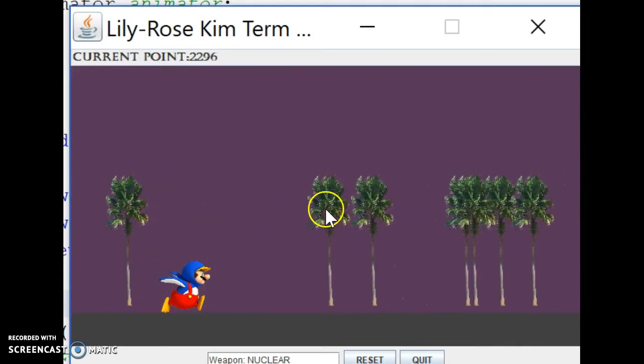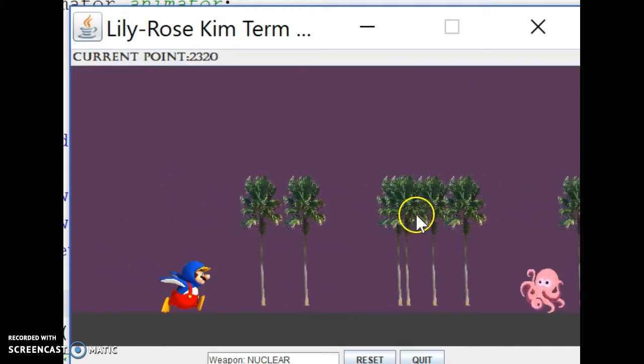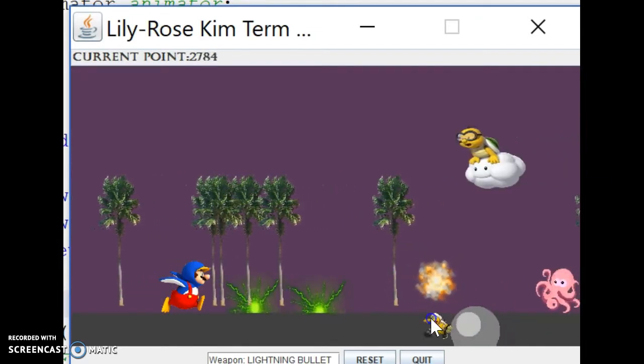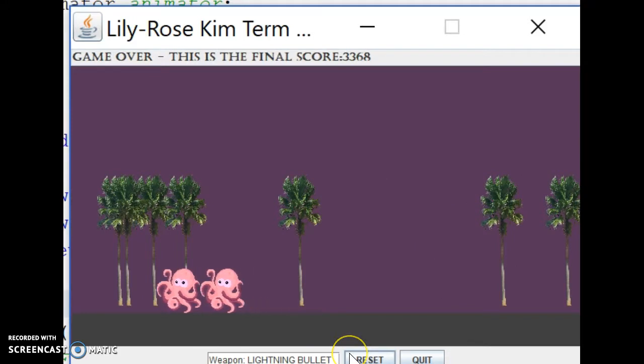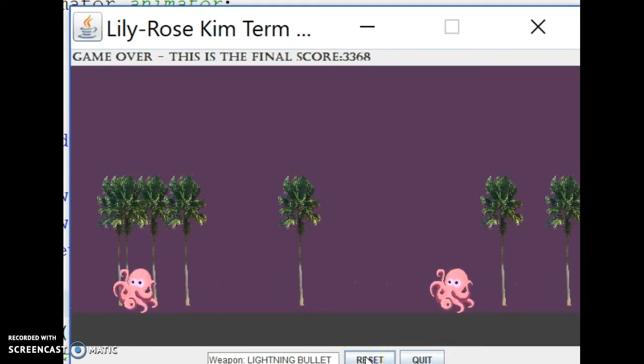It will explode and then decrease the size. After it has decreased the size, it will become a lining with smoke around the lining. And